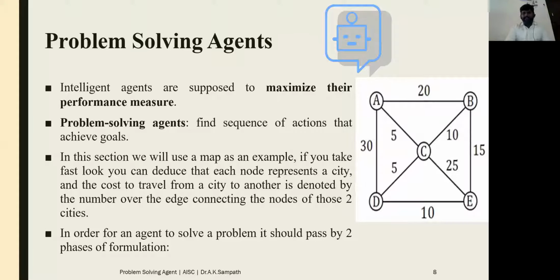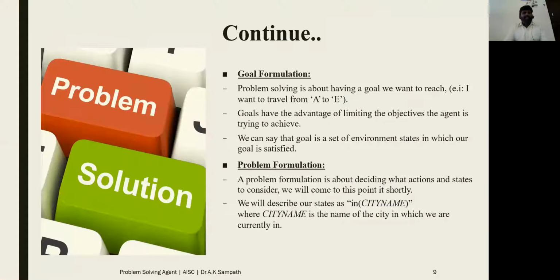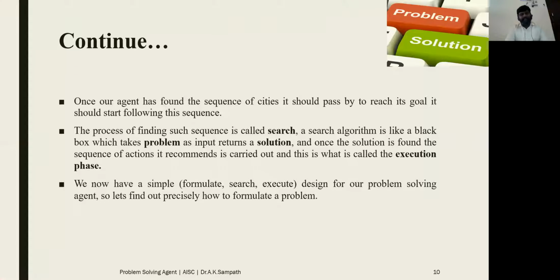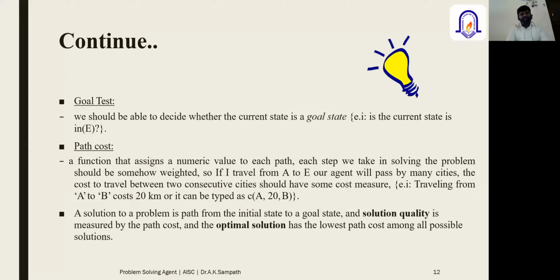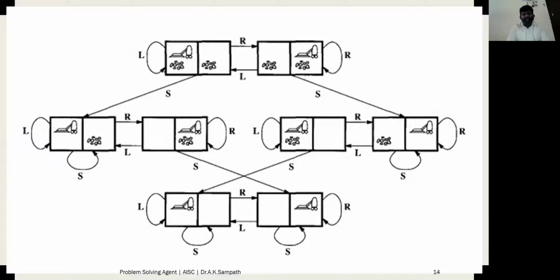So these are the different entities when we talk about any problem solving method. Then we discussed how we can formulate a problem as well as solutions based on the previous example. Once the problem has been identified and we have decided what the code is, then we need to execute it so that the problem will be solved on time, which will increase efficiency. Then we discussed the algorithms, right? Based on that, we identified the different goals, states and other things.